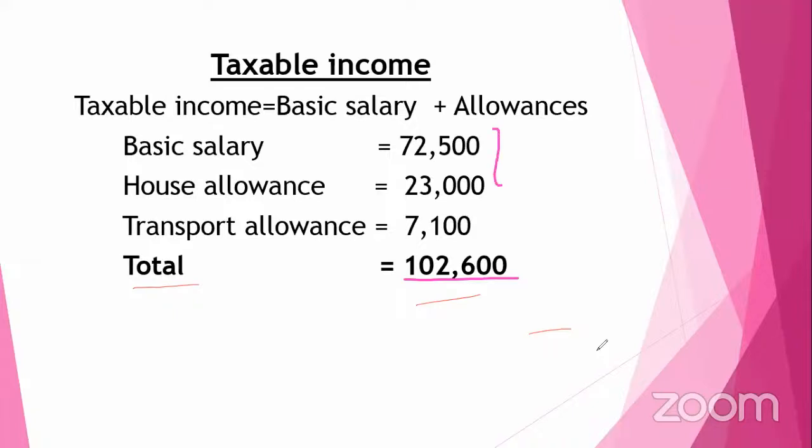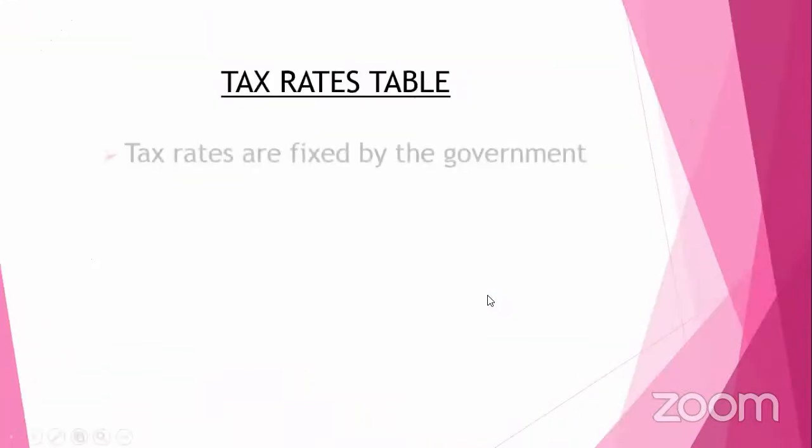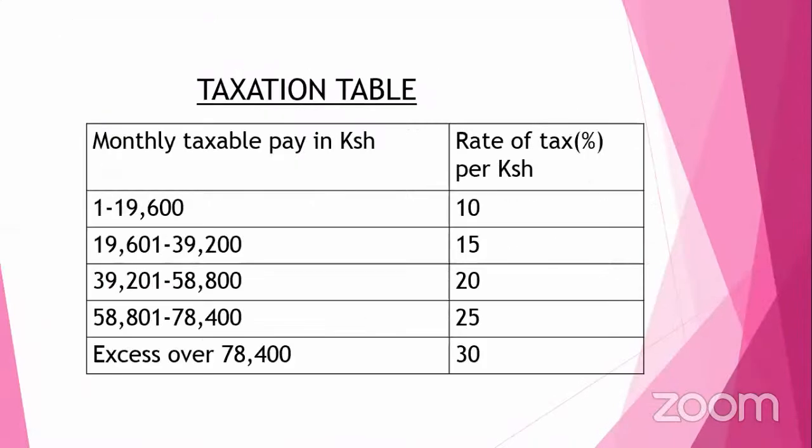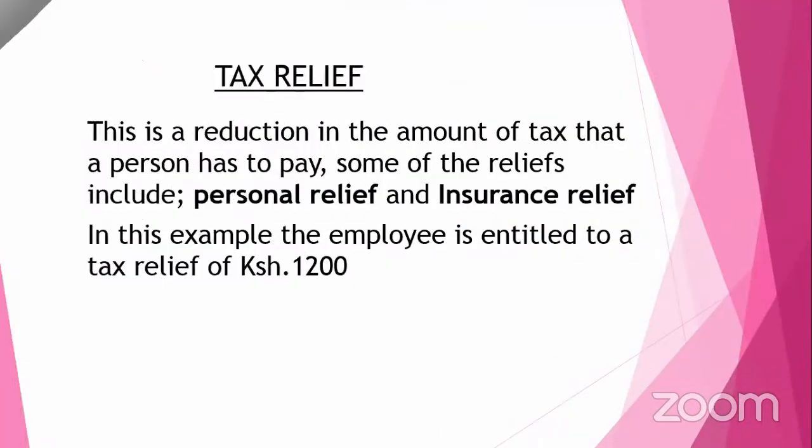But when you arrive at this taxable income, you proceed and do the taxation as illustrated here. This is how we worked out the taxation. We went to the taxation slabs. We arrived at that gross tax up to that point. But the idea of reliefs, this way it comes in. I was saying, in this question, let's assume,